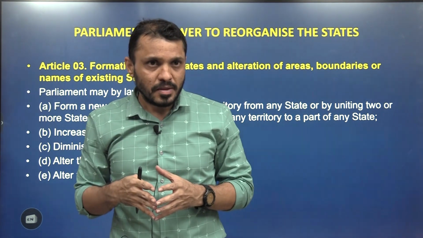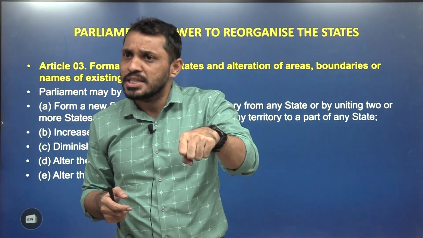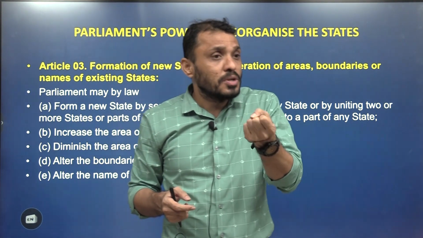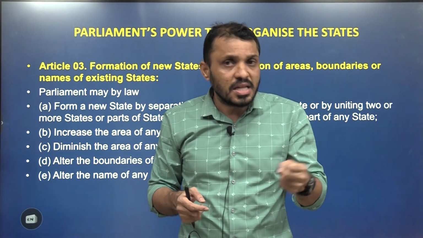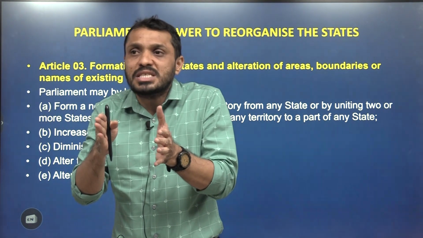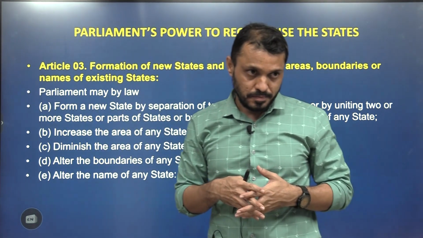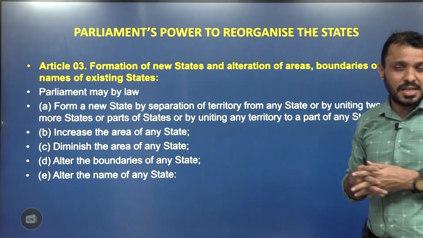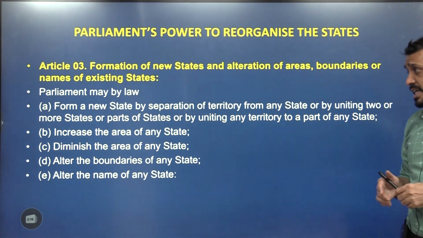I'll give you an example. The tribal status in Bihar is very different compared to the tribal status in Jharkhand. Are we clear? The tribal status in Madhya Pradesh is comparatively different from the tribal status in Chhattisgarh. In Chhattisgarh, tribal rights are more protected. So a small state will obviously protect minority rights very effectively. That is B.R. Ambedkar's view. In fact, he supported small states. There is a reason he gave a very easy way for the formation of states.